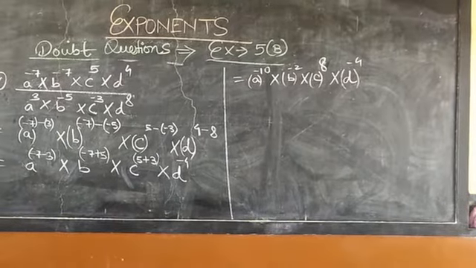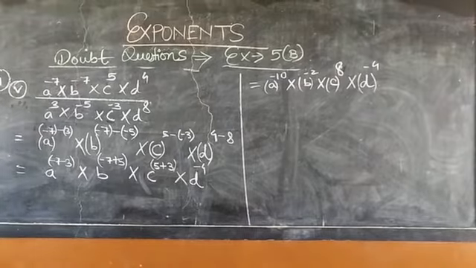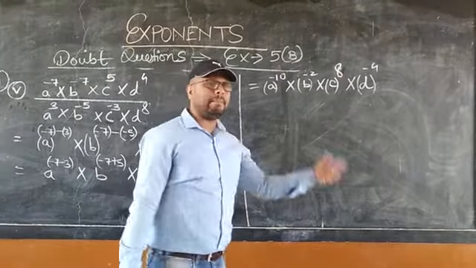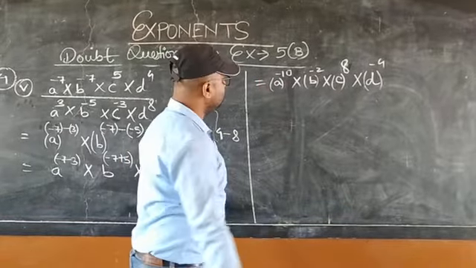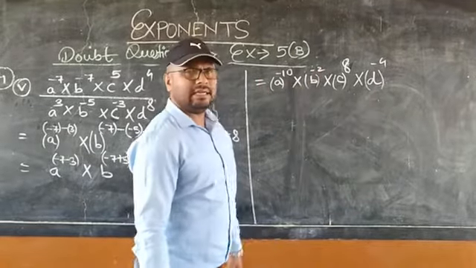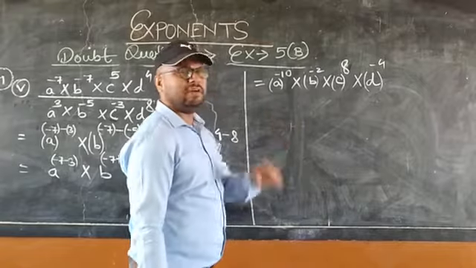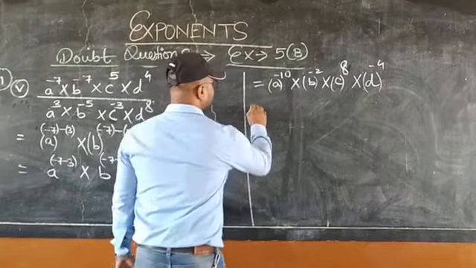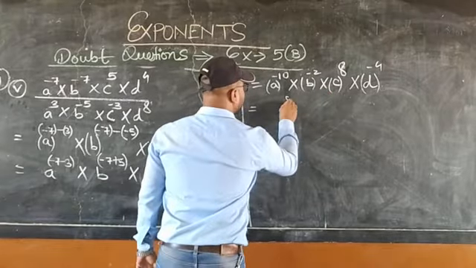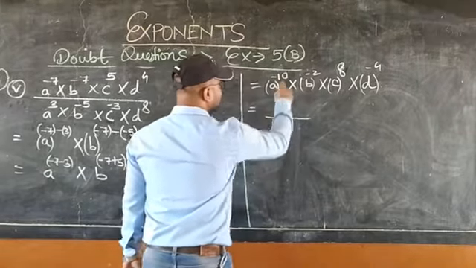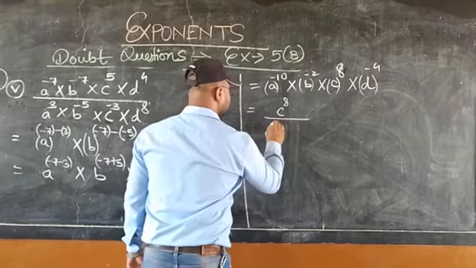In this form? No, we can't keep it like this, because generally we don't express the powers in negative form. So let's bring it to the positive manner. Those which are positive will be in the numerator, and those which are negative will be in the denominator, so that they will be positive. So only C to the power 8 is there, which is positive. The rest are negative, so they will come down and become positive.